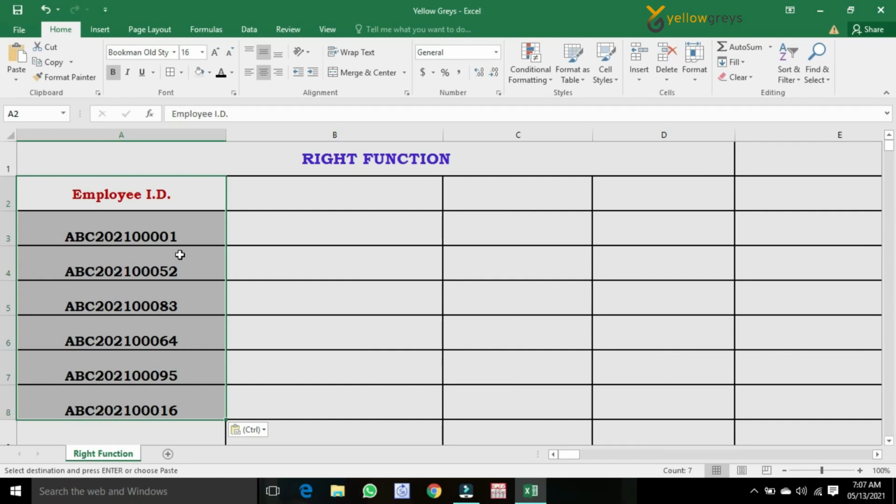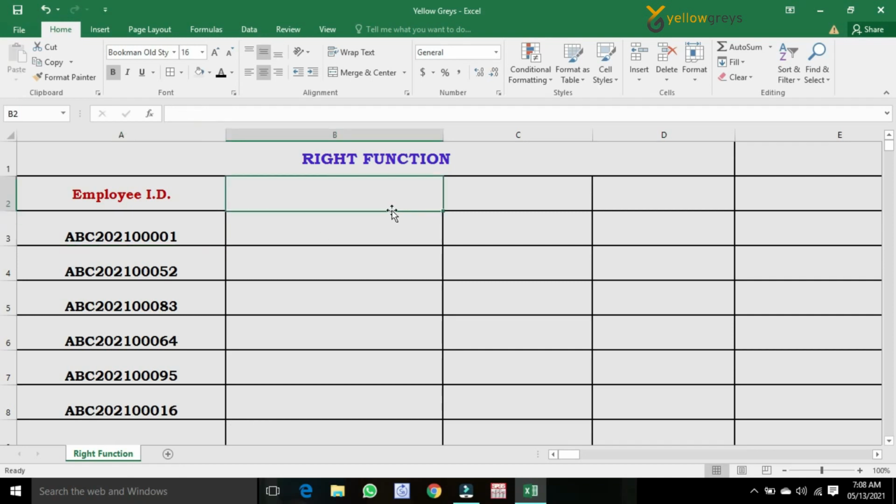In this example, the employee ID contains the name of the company like ABC, the year of joining like 2021, followed by their respective serial number. In this example, the last 2 digits represent the employee serial number. If I want to know only the specified employee serial number, I can use the RIGHT function. In this example, the number of characters required is